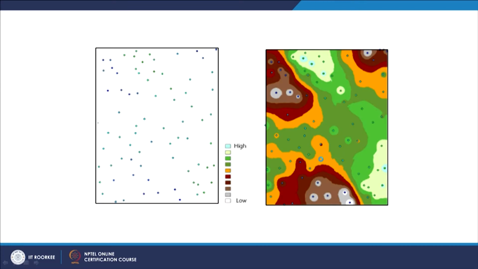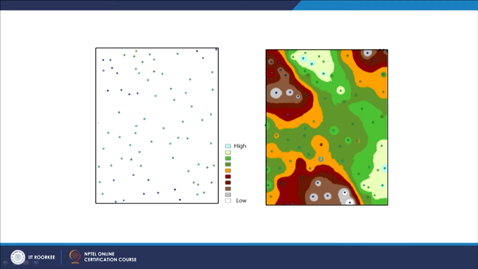Similarly, here instead of 7 there are about 60-70 points, and if the density of observations is very high, obviously you are going to have a better prediction, a highly accurate digital elevation model.